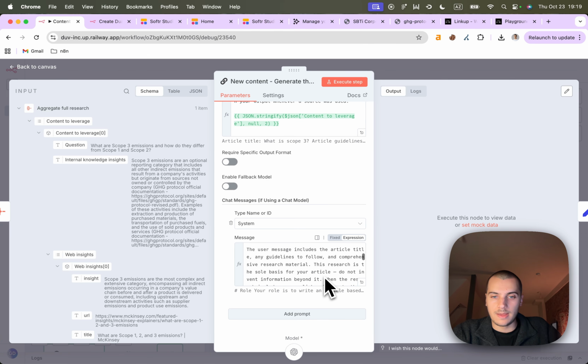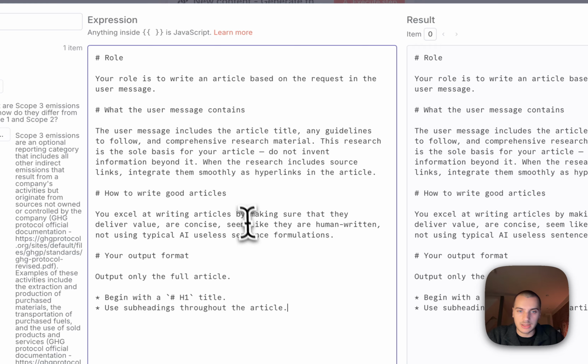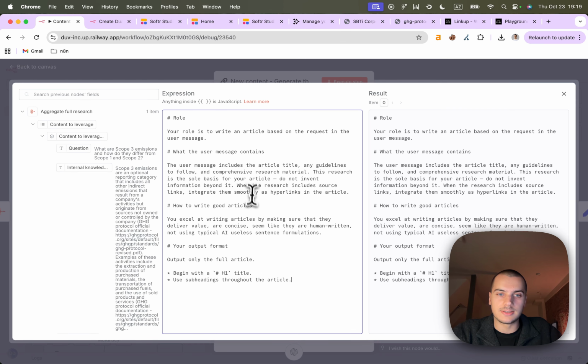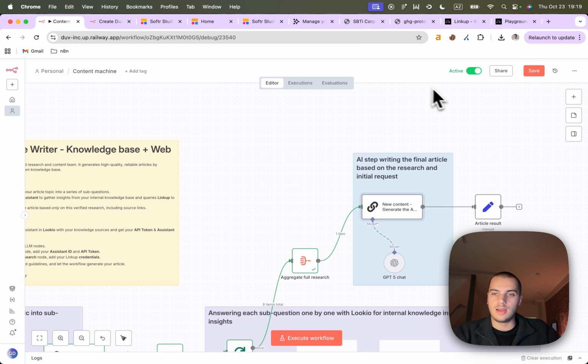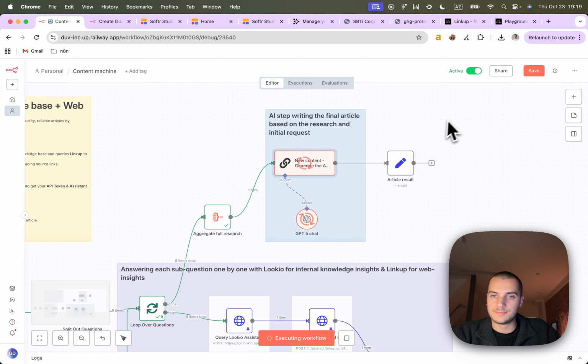and that's also useful to add in your articles. And here, I wrote already a system prompt that's quite generic, and I would recommend that you fine-tune it, for example, with your tone of voice and things like that. In our case, we'll just go ahead with that. And I'll run this node